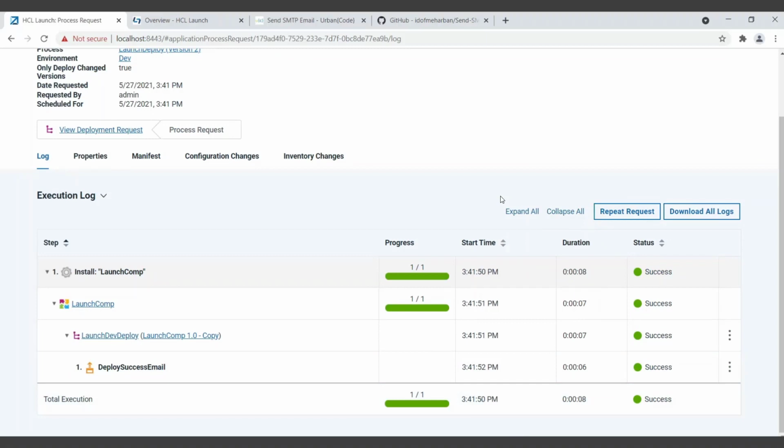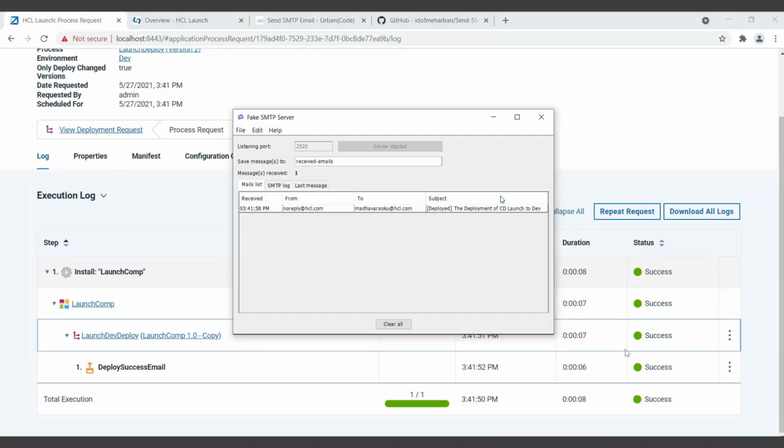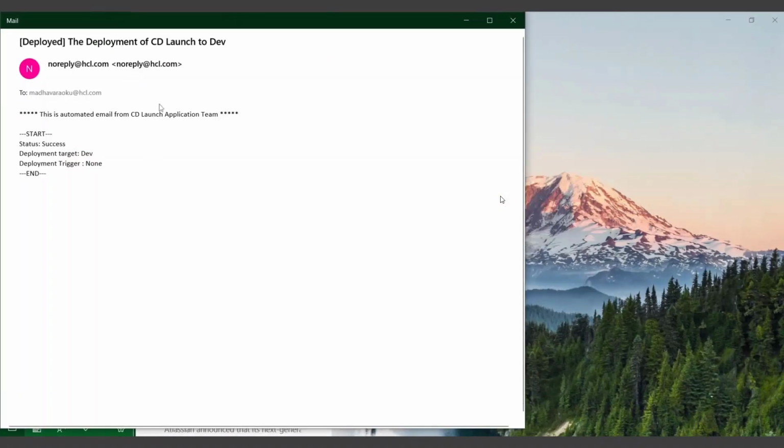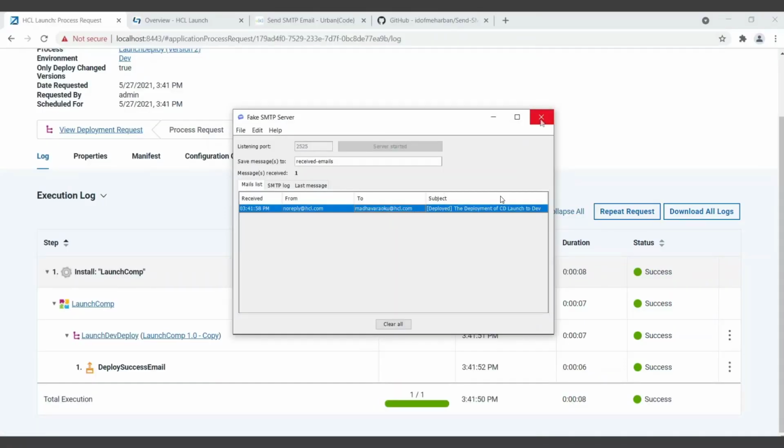Now let me launch the email tool, and as you see, the step has been successful, it already sent one email. Double click on this email. Now you will see that you get an email with the given subject, from address, sender address, and to address, and the content that we have defined. So with this, you will be able to communicate to your target audience for various steps, success, failure, or any specific things that you want to communicate via an email based method.